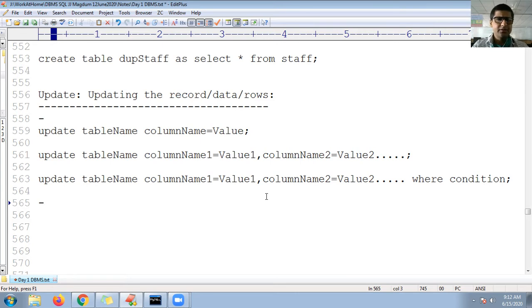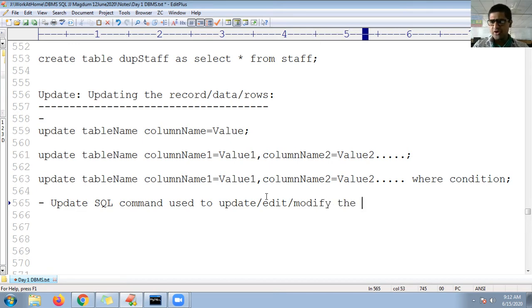The update SQL command is used to update, or you can call it edit, or some people call it modify, the value of a column from the table.